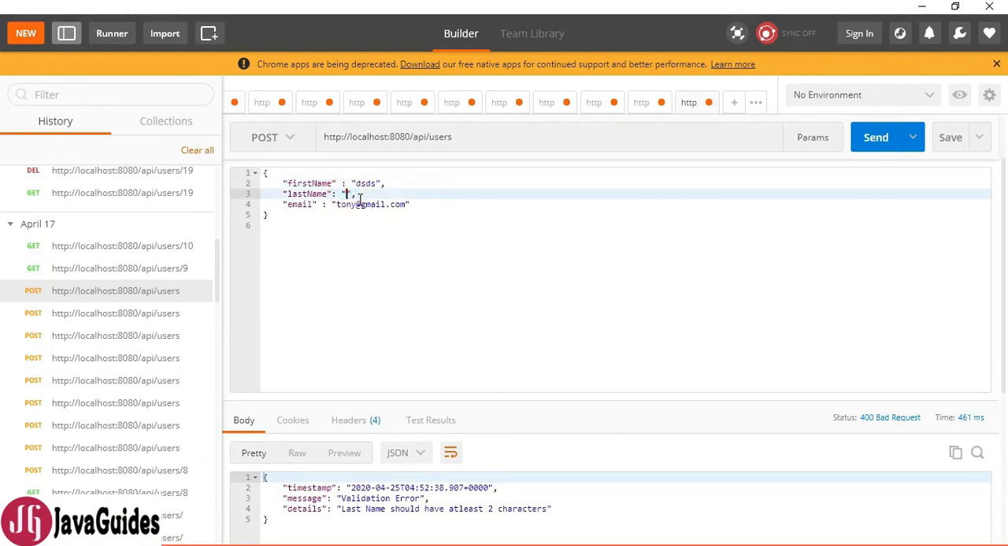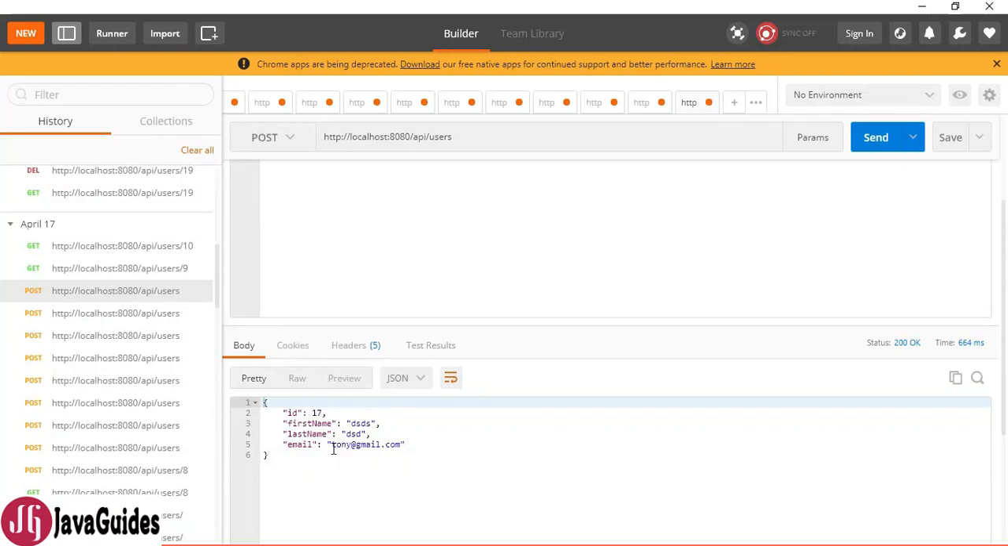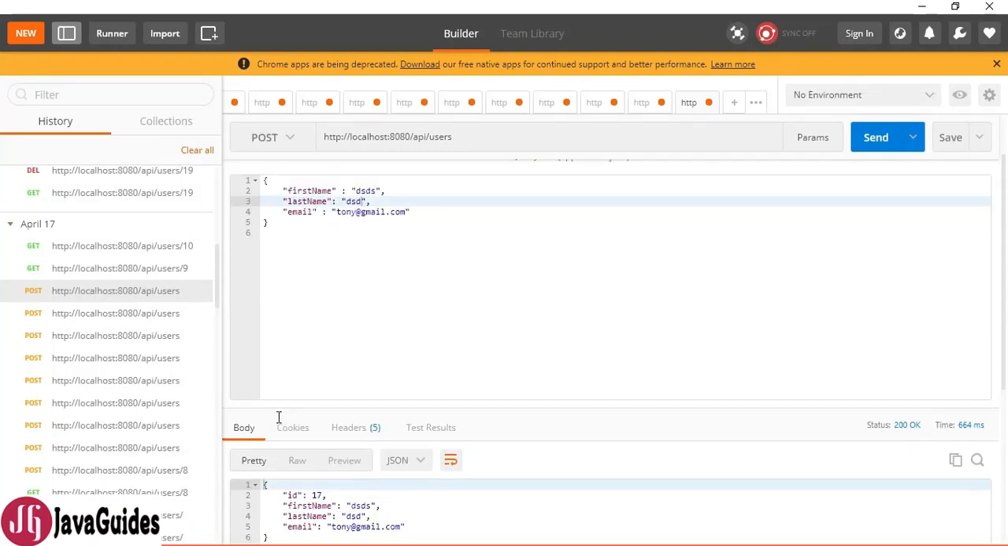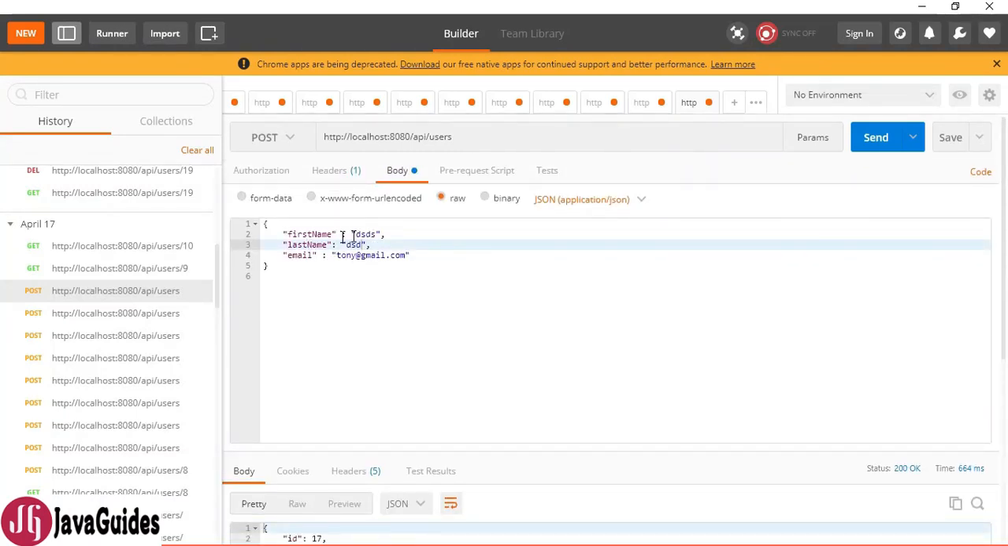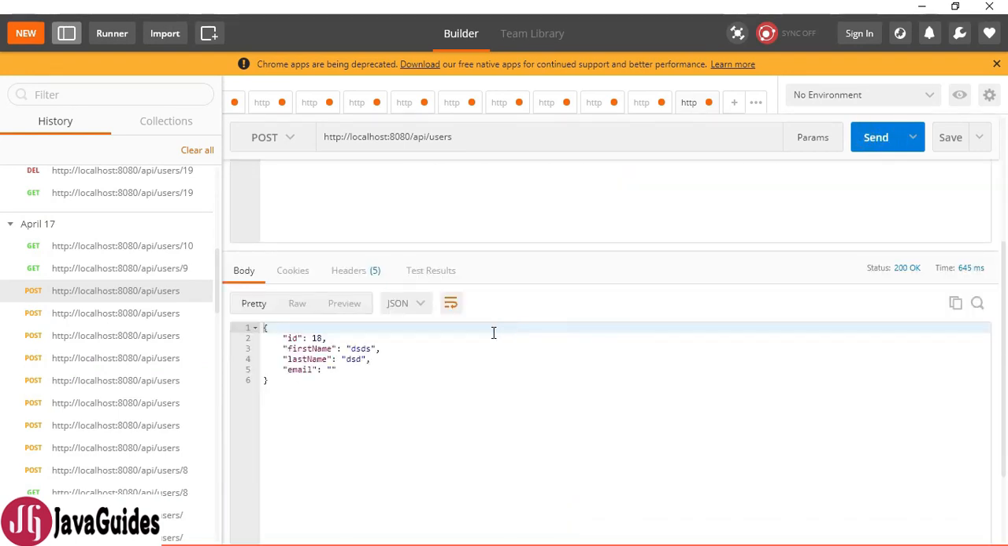So what I will do, I will provide some value to the last name. If I hit the send button, then this record will be successfully stored in the database because we have provided all the required values to the fields. Now what I will do, I will remove the email field value, and if I hit the send button here, this will give